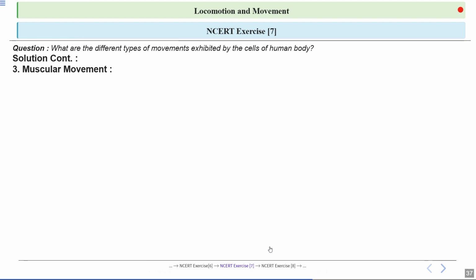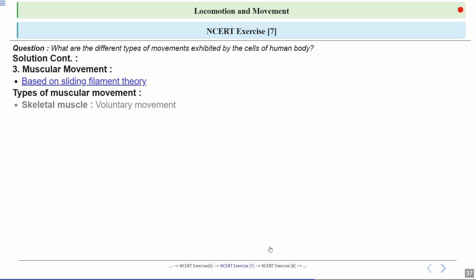Let's focus on the third type of movement, which is muscular movement. This is the type of movement most people think of when they imagine moving their legs or arms. So muscular movement is what allows us to perform actions like running, jumping, or even just picking up a pencil. Muscular movement is based on something called the sliding filament theory. So imagine muscles as a set of tiny ropes that slide past each other to create movement, much like how pulling on the ropes of a pulley system lifts a weight. This sliding action is what actually causes our muscles to contract as well as relax.